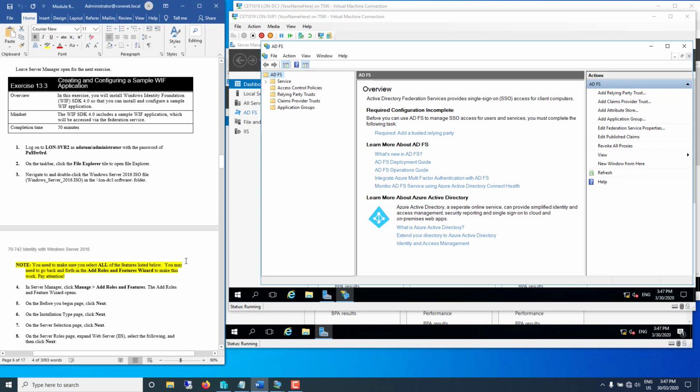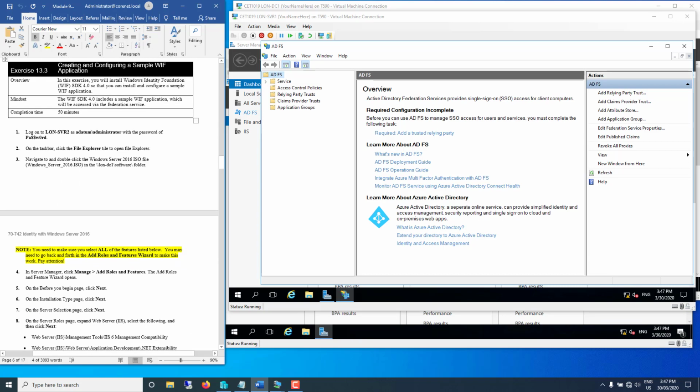Okay, on to the next part of the exercise. We're going to be creating and configuring a sample WIF application. So in this exercise, we're going to install the Windows Identity Foundation SDK. That's the software development kit 4.0 so that you can install and configure a sample WIF application. Now, what we're actually doing here,